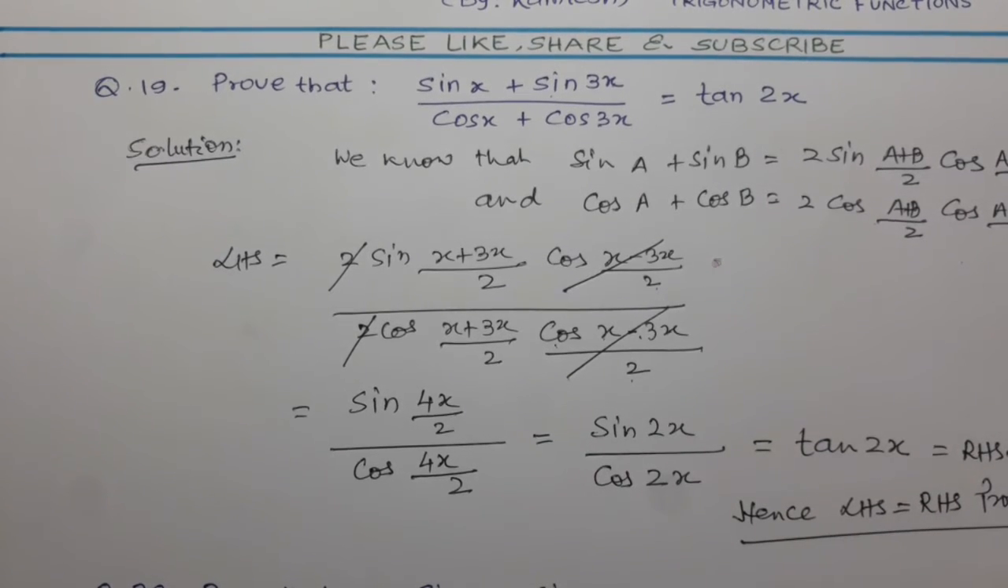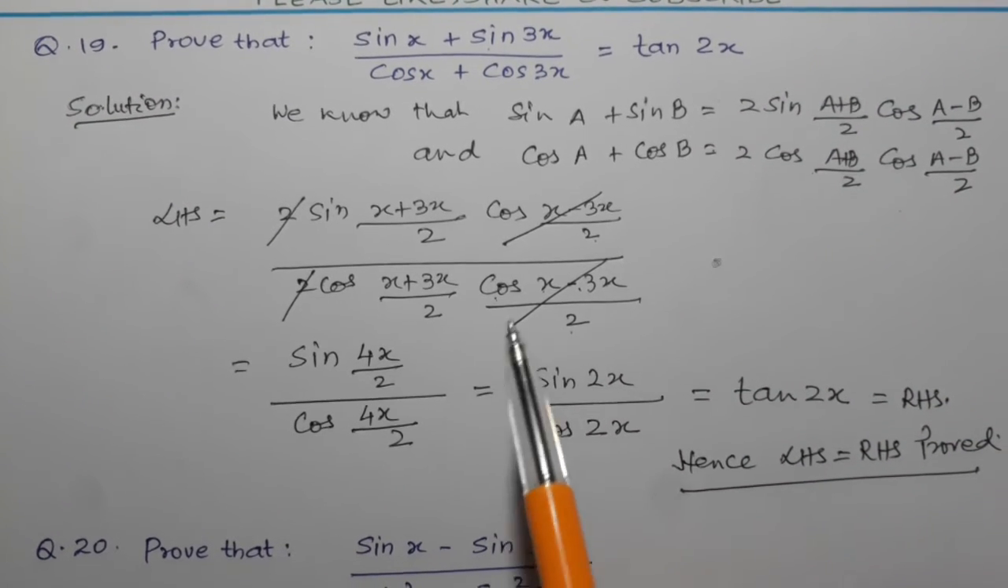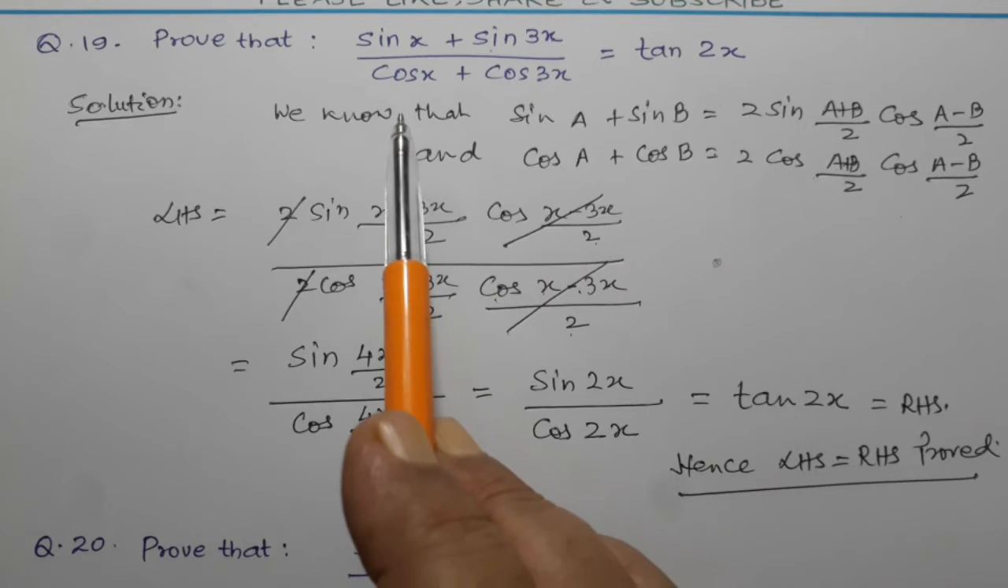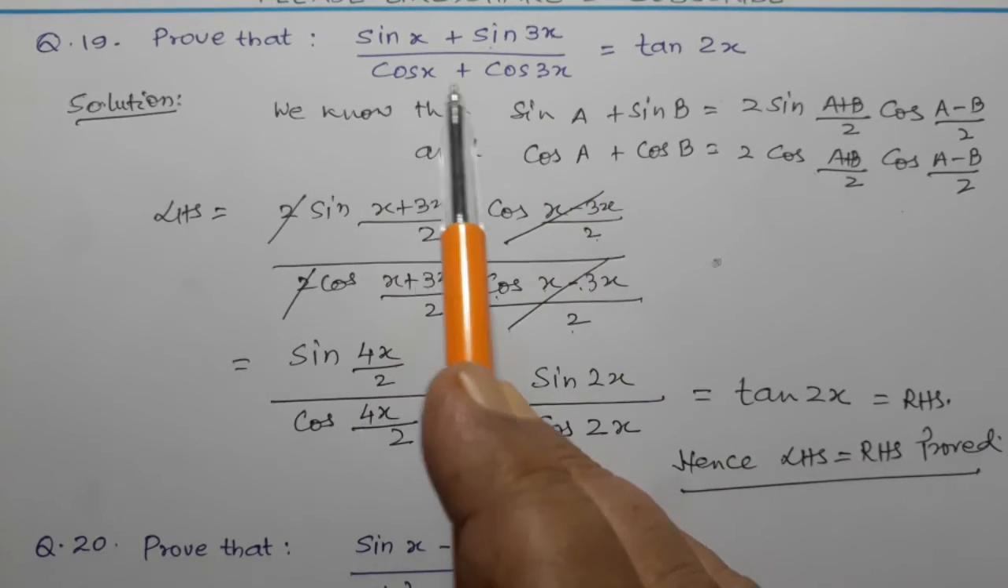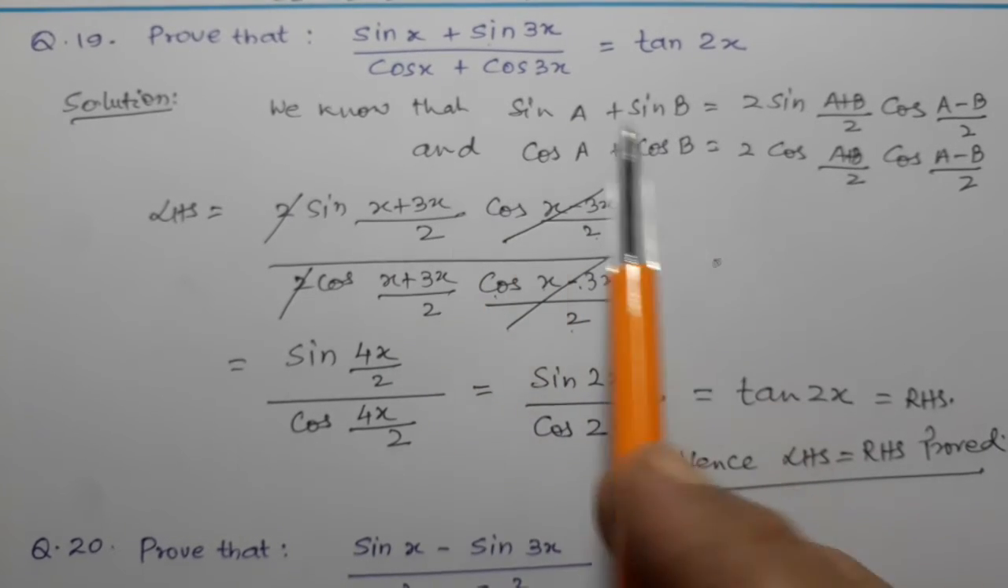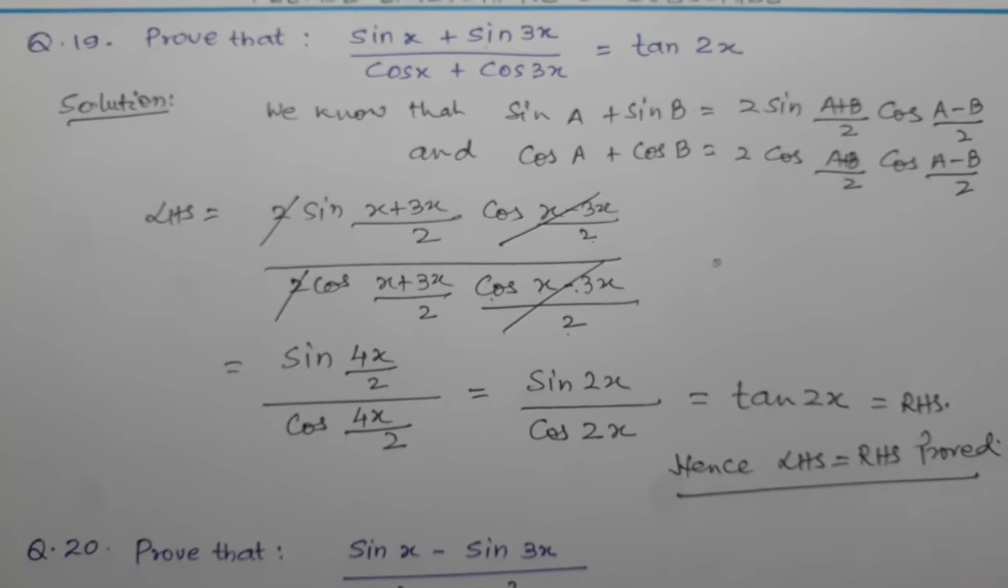This was an easy question, completely based on identities of sin A plus sin B and cos A plus cos B. These two identities have been applied. If you apply these two identities, it is very easy to solve it. Next question is